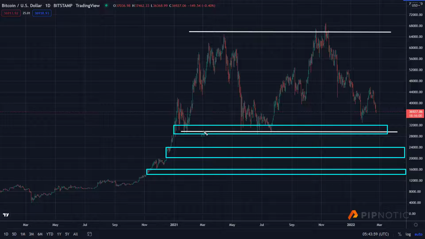So price is likely going to go at least to these lows here, because this is where price turned last time. We have a liquidity void here we need to address. And so once price comes back down to here, or maybe even as low as a $20,000 price point, I think this is when we will begin to pull the patient bulls off the sidelines and bring them back into Bitcoin.